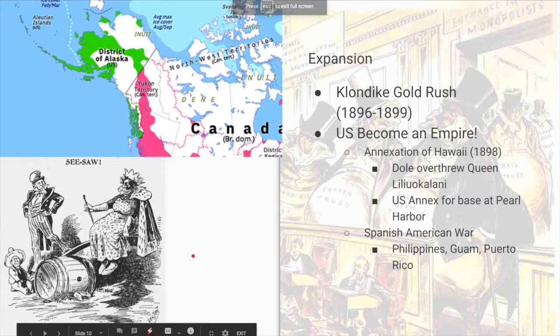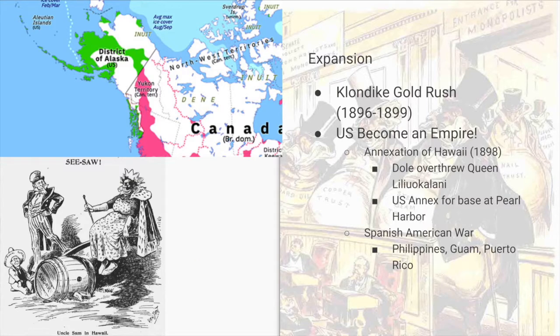Now, what do we have cooking for expansion in Unit 6? You should know about the Klondike Gold Rush, which is our last gold rush in American history. Gold will be discovered in the Yukon Territory up here in northeastern Canada, and a bunch of Americans and Canadians are going to move up northwest up here and into Alaska, so know about that Klondike Gold Rush, the last gold rush in the U.S.